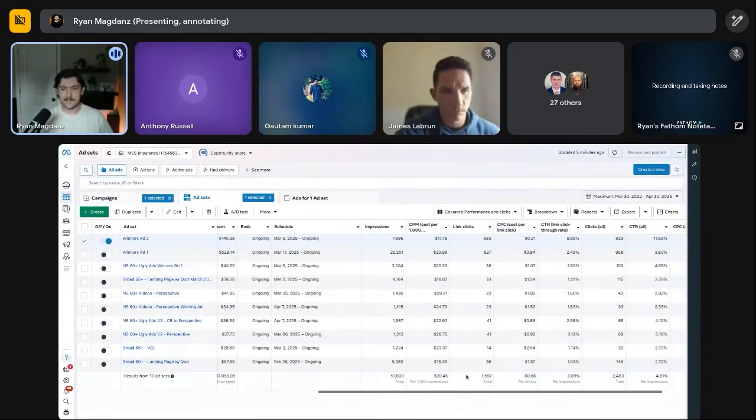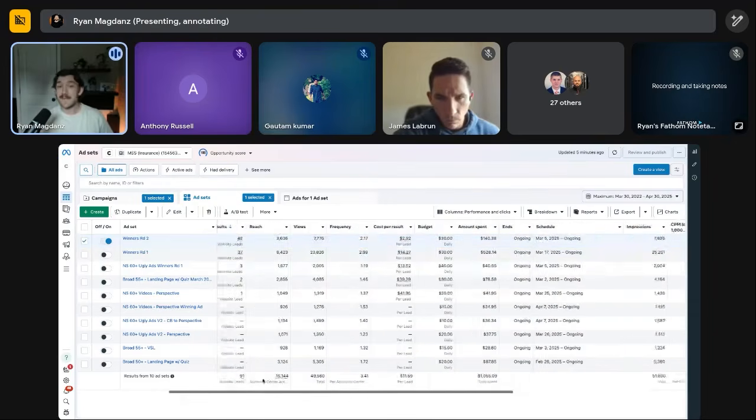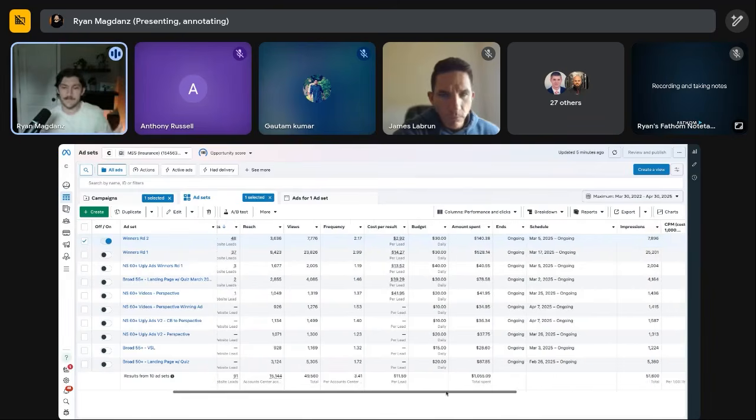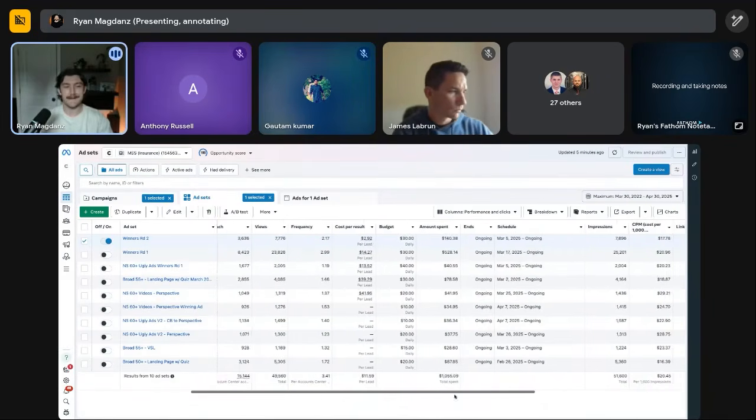So this is exactly what we want to look for in the ads. We might have some leads. That's the first thing. If we have leads, like, okay, well, that's obviously working, and that is the most important thing at the end of the day. If we're generating leads for a cost that makes sense, if we want to generate leads for $20 and we're getting them for $12, I'm going to leave that on, even if the click-through rate isn't great, because that's something we can fix